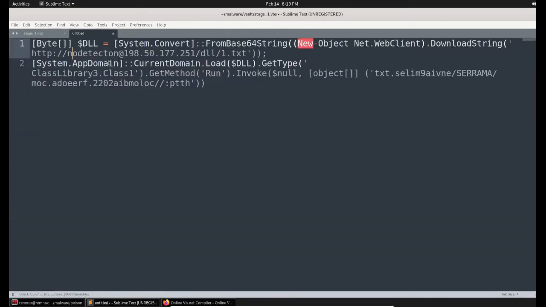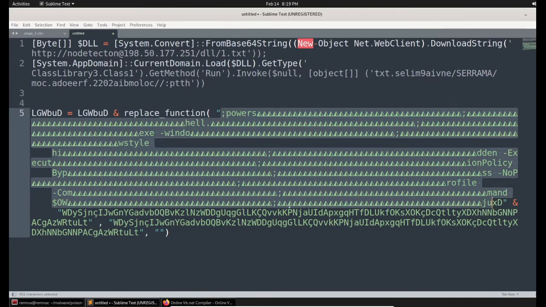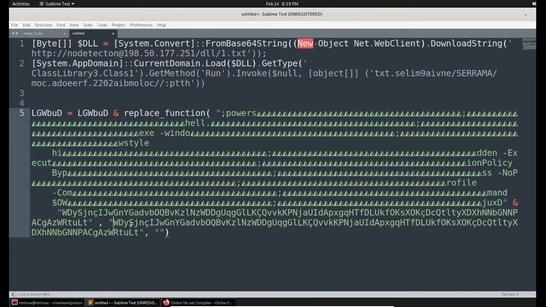Let me paste it here to understand the line further. What they are doing here is calling the variable and appending it with the replace function. Here is the primary string, and after the comma they defined the string that we need to replace, and with the empty string. So let's perform that here itself.